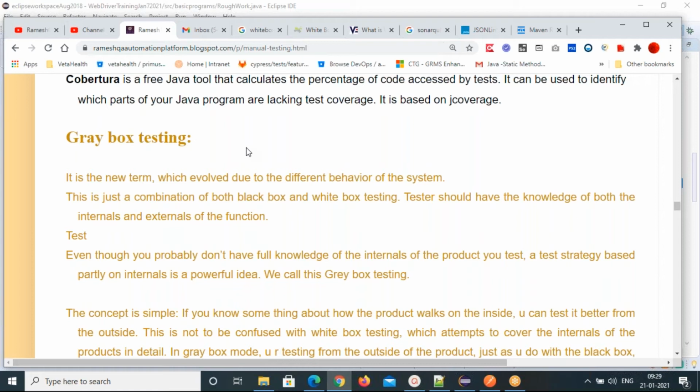So we call this gray box testing. The concept is simple: you should have manual testing knowledge as well as white box and automation testing knowledge. Those people we call gray box testers, who have both manual testing knowledge and automation testing knowledge. That's all the testing techniques.